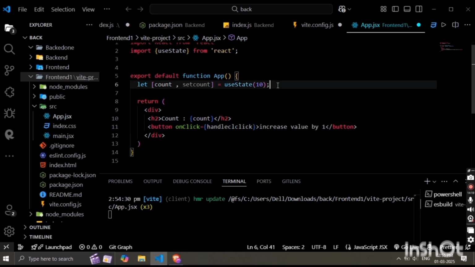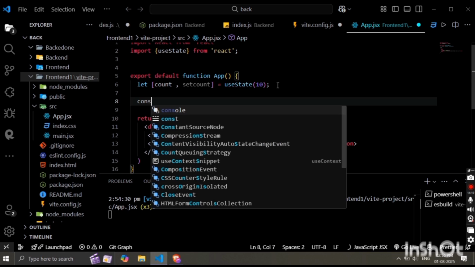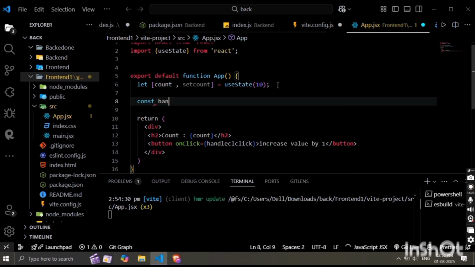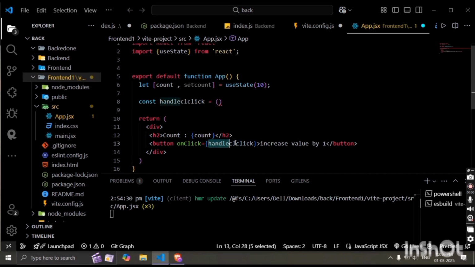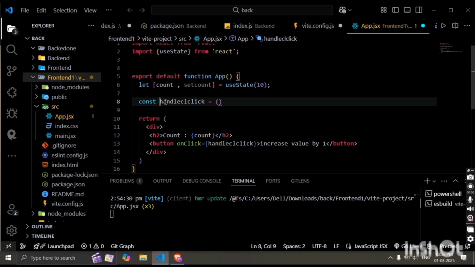So let me create a function there. Let me use a fat arrow function, handleClick, and it will be invoked when we click on this button. This handleClick function will invoke, and what this handleClick function does is